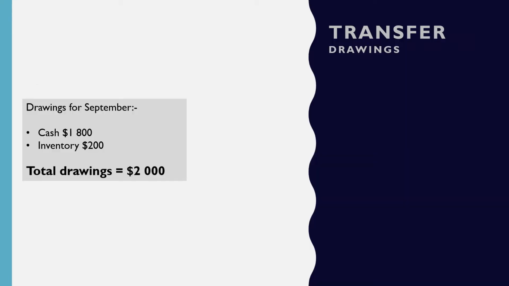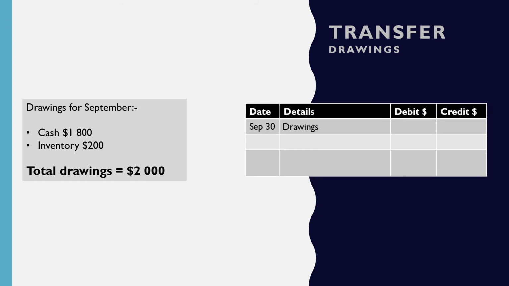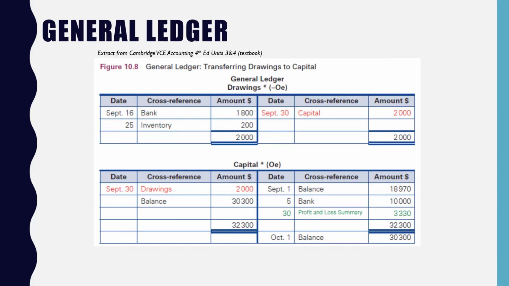The total drawings for September, which includes cash and inventory drawings, was $2,000. To transfer the drawings to the capital account, we need to credit the drawings account $2,000 and debit the capital account $2,000. Here's how the ledger account will look after we have posted the entry to transfer the drawings